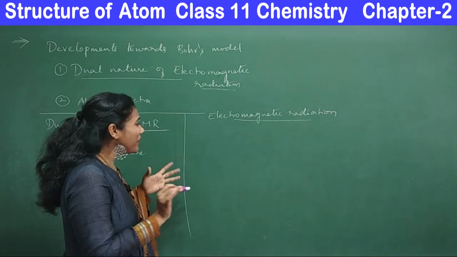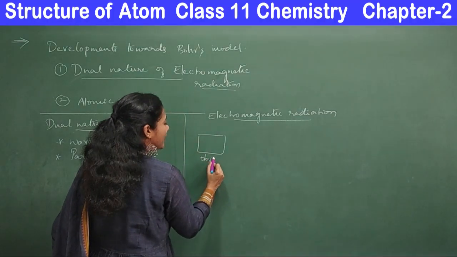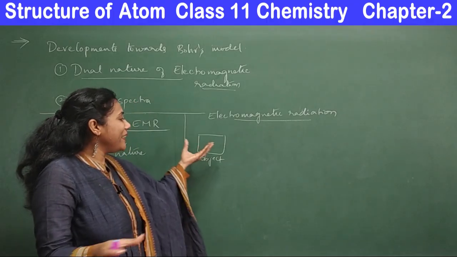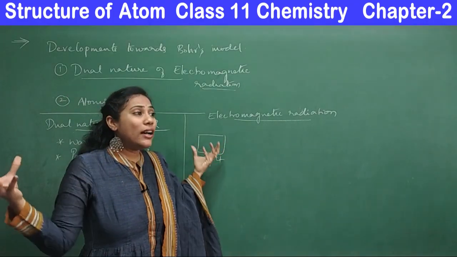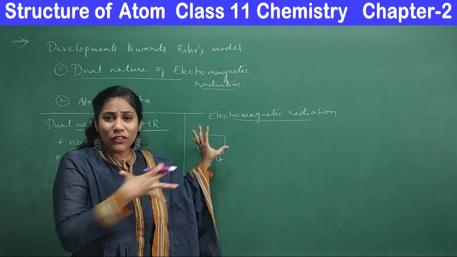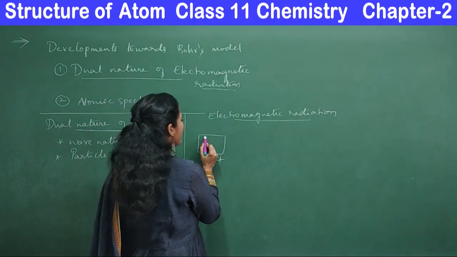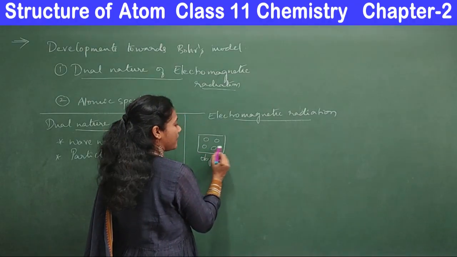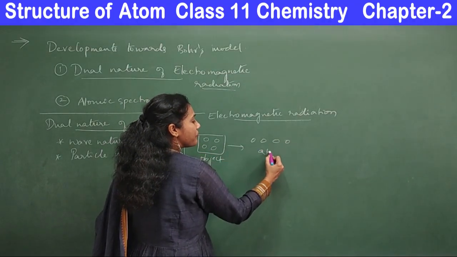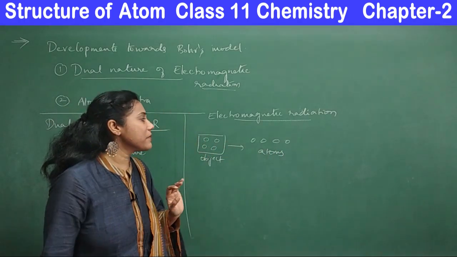Every object, you take an object, which can be a living system or a non-living one. You take a particular matter. Let me take a brick here, or you can take a stone, or a human body, or whatever it may be. The object is something, and we all know this object is made up of atoms, right? So the object has so many atoms. Every object you take, living or non-living, is made up of atoms, right?